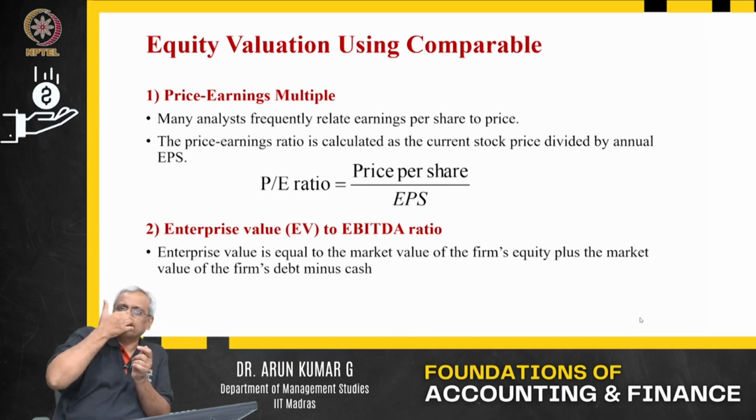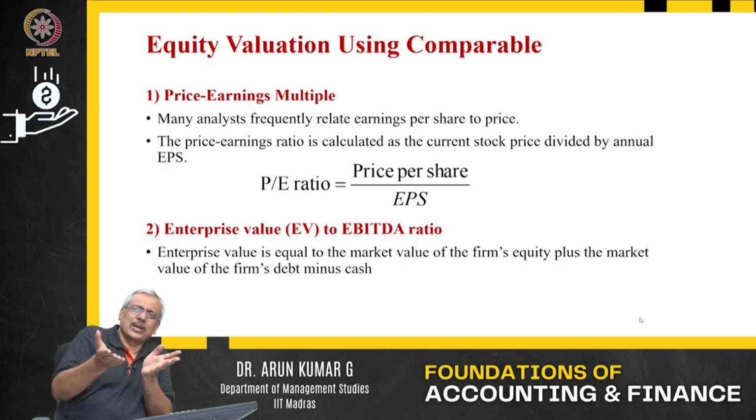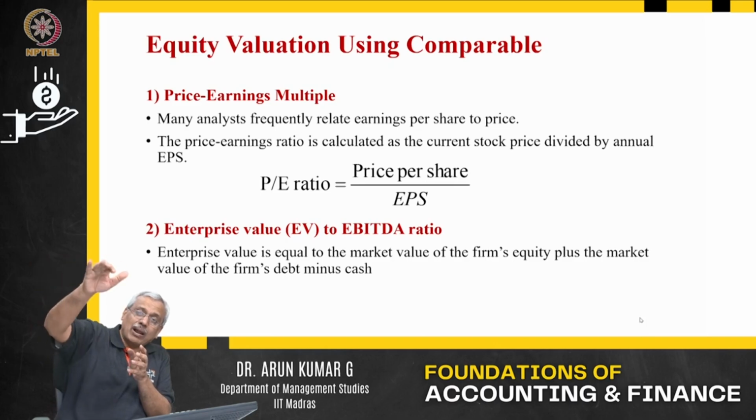I have an unlisted entity, exactly in the same business, same size, etc. Now, the unlisted entity is looking for some investments and I have to throw some money into that unlisted company, buy equity shares. What price do I buy? I can look at the listed entity and use it as a proxy to get a ballpark figure. Let me give a range of figures at which I can look at investing in the other firm, and that is why PE multiples are basically used. That is where equity valuation using comparables comes in.